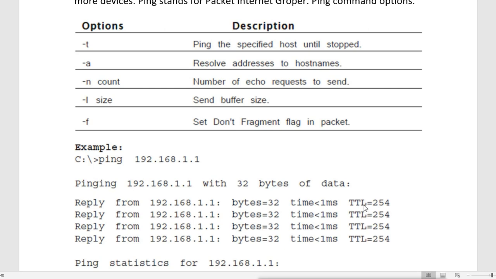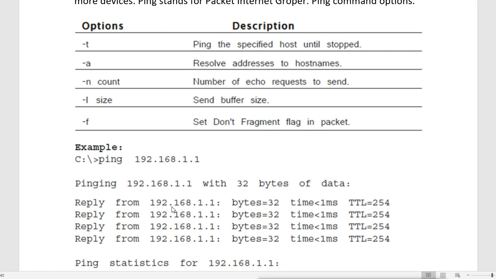So it will get the reply when you send the echo packets. Now if it is not there, if suppose this IP address is not there, then you will get no reply. We will get two types of errors. We can get destination host unreachable, or we can get directly timeout. So either we get timeout or we get destination host unreachable.